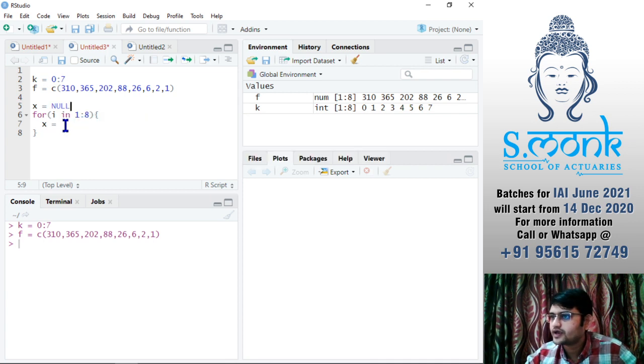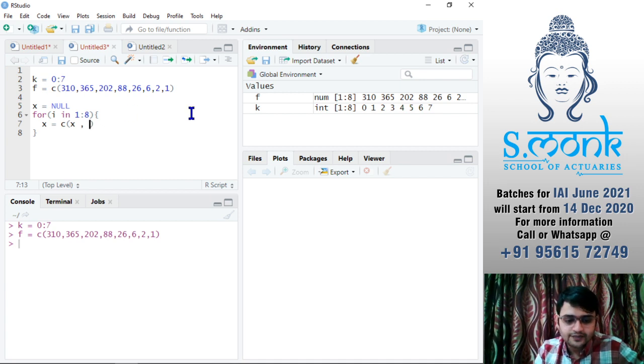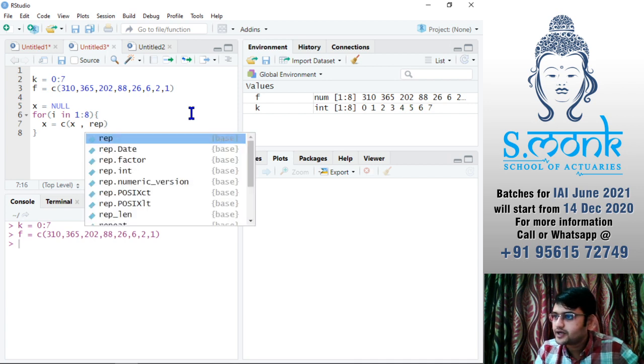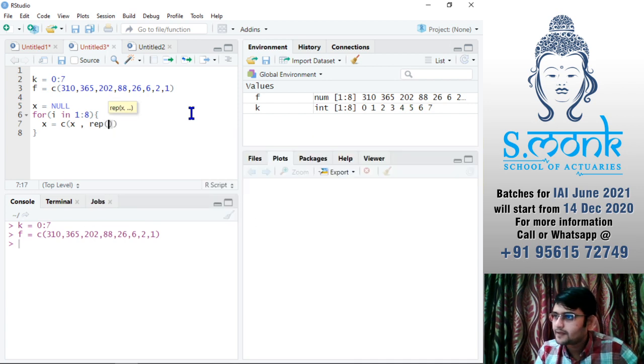Then x is equal to old x, comma, and as the new value I use the rep function, repeating the ith value of k. How many times do we want to repeat it? The ith value of f times.